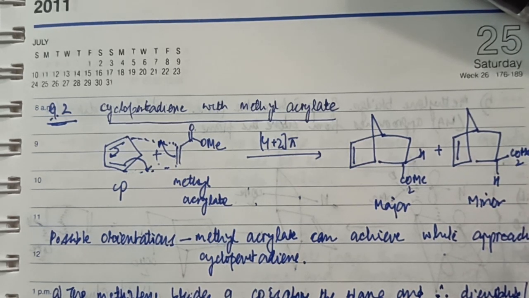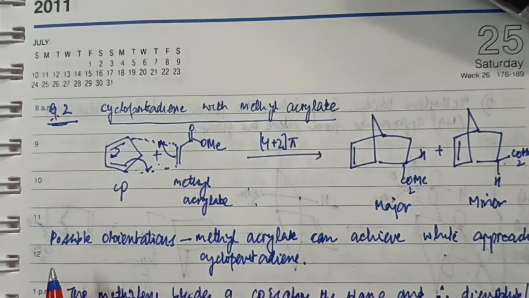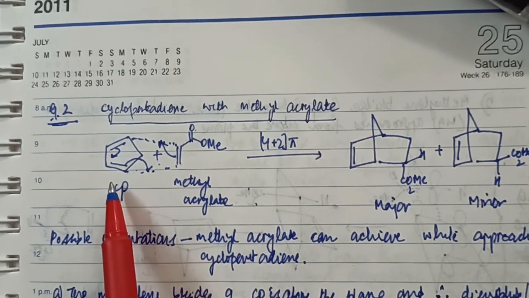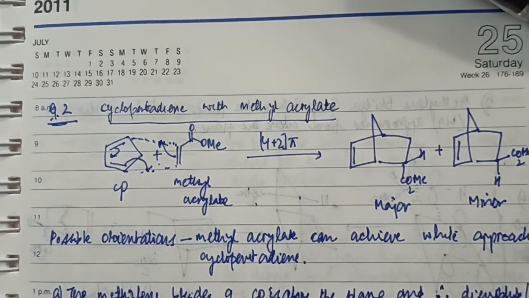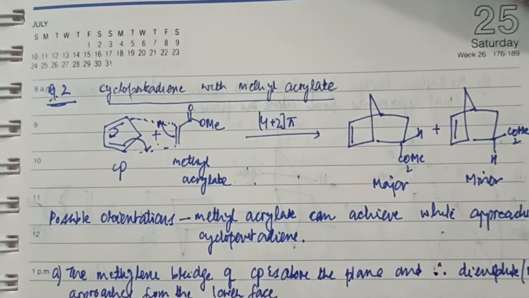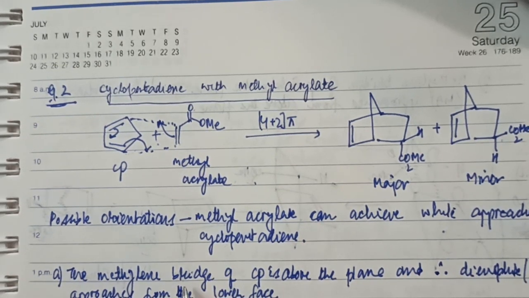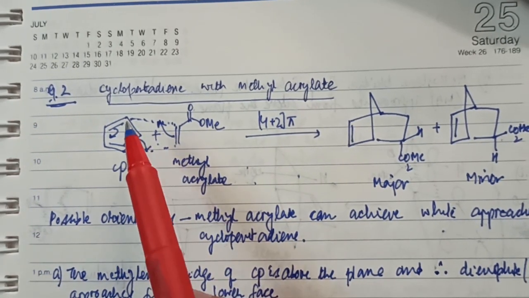Now, in order to understand this, let's talk about the possible orientations this methyl acrylate molecule can assume with respect to the cyclopentadiene molecule. We'll start with the possible orientations methyl acrylate can achieve while approaching the cyclopentadiene. The first orientation we'll talk about is if the methylene bridge, that is this one,